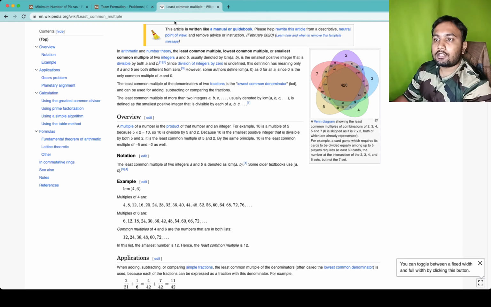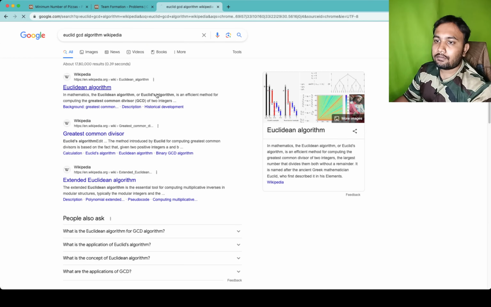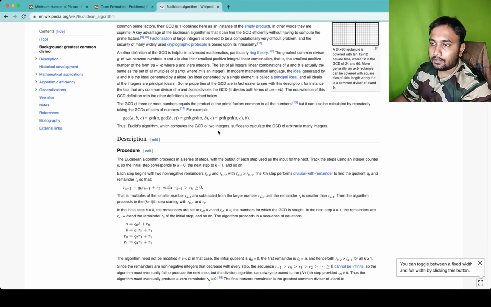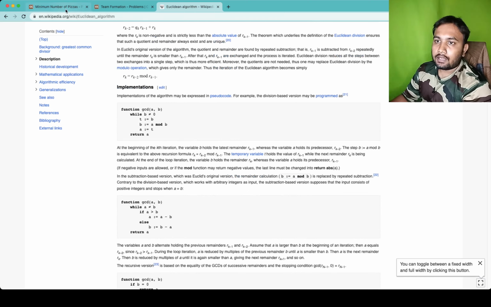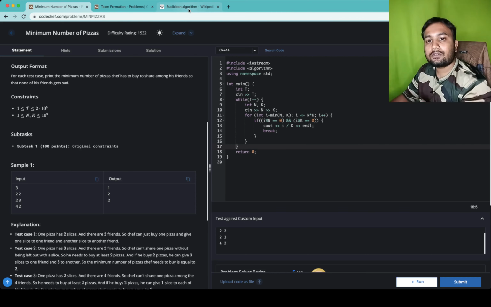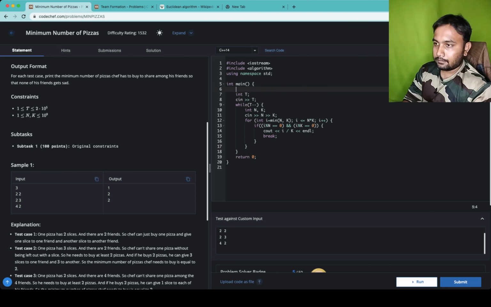So there is an algorithm for GCD, which is Euclid's GCD algorithm. You might want to look it up on Wikipedia, and that's a very fine algorithm. You might be confused about why I am trying to find the GCD with Euclid's algorithm. Basically, given the GCD of two numbers, you can figure out the LCM via this simple equation: your LCM is nothing but